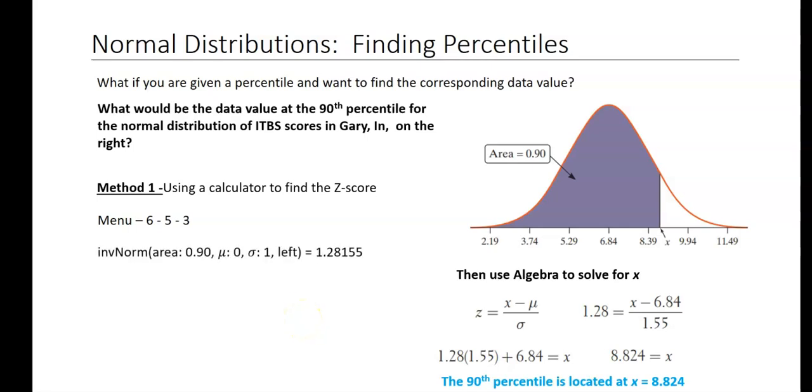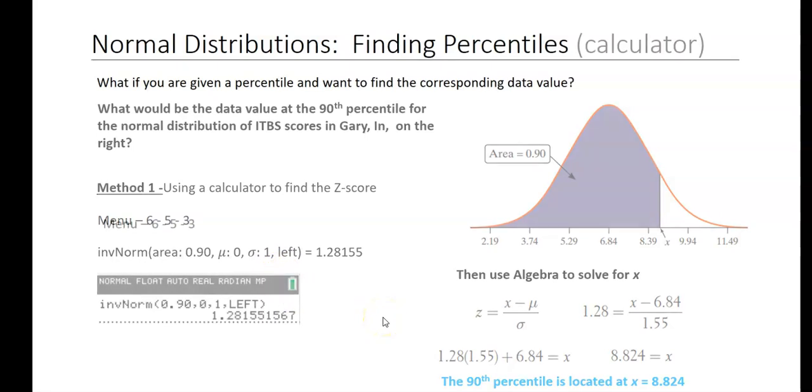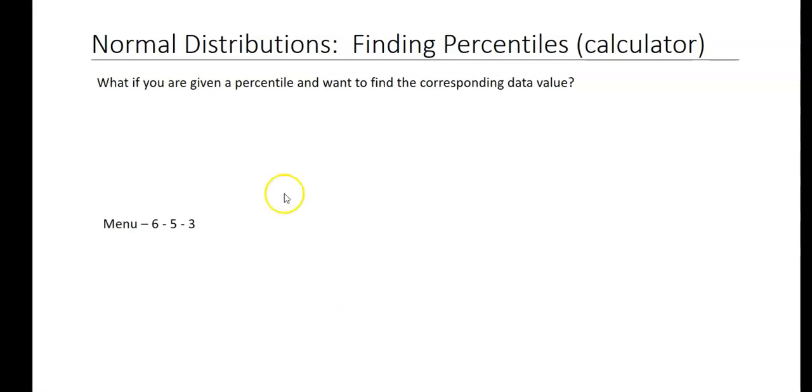Again, make sure, I like the way they said that there. So they said area is 0.9, the mean mu is 0, and standard deviation is 1. You don't have to put that extra thing about the left here for the TI Nspire. Okay, so